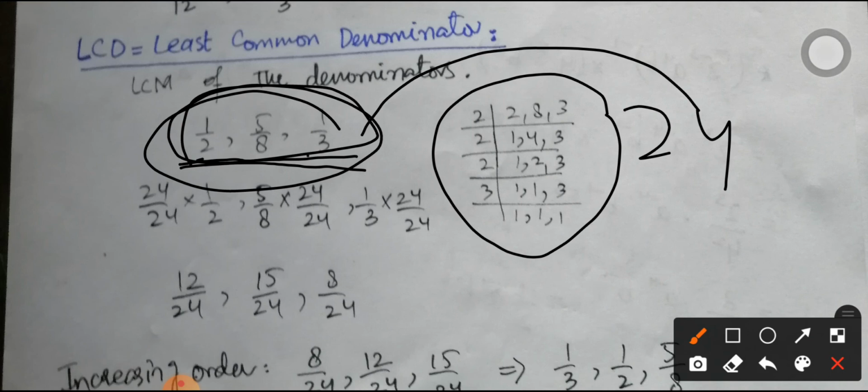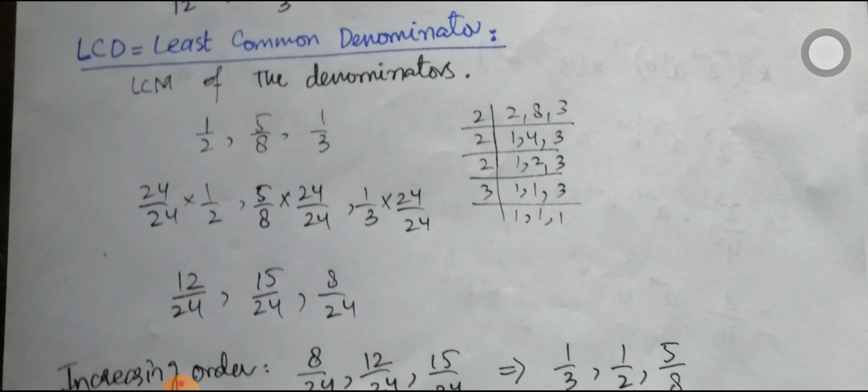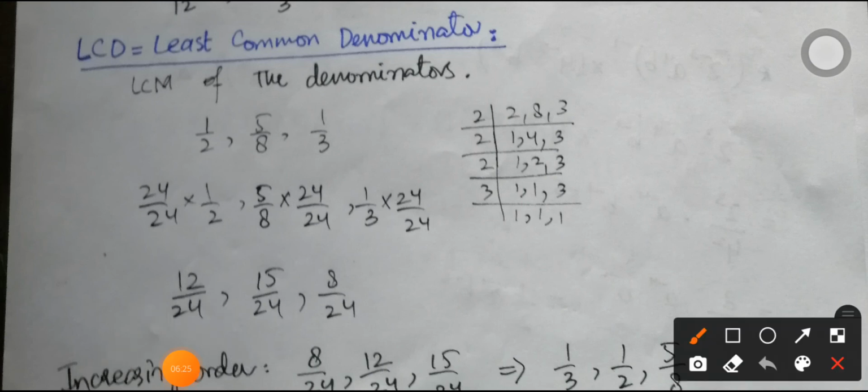Once we have the same denominators for all the fractions, we can do many things. We can arrange the numbers in increasing order just with the help of the relation of the numerators. And then we can add or subtract the fractions as well. As we normally do with the LCM, the basic work is that we have to make the denominators the same, and then if we are adding two fractions, we simply add the numerators, and for subtraction we simply subtract the numerators. So how can we find the equivalent form of the fractions such that all the fractions have equal denominators?